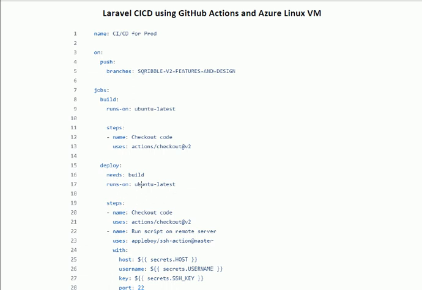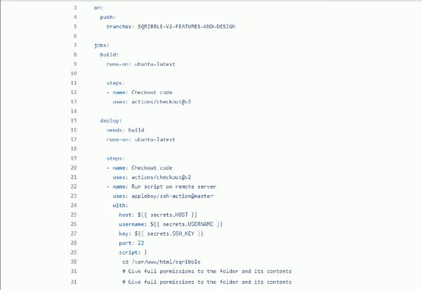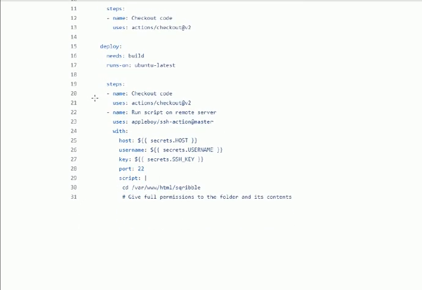The build condition should be met before the deployment. After that, in the next step, we shall again check out the code after the build. Now we are going to connect to our Azure VM server.